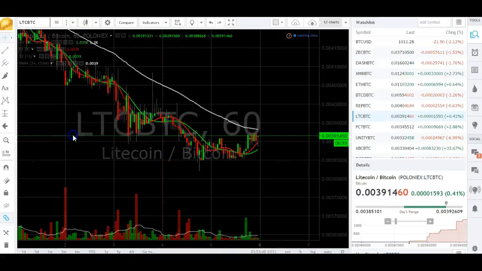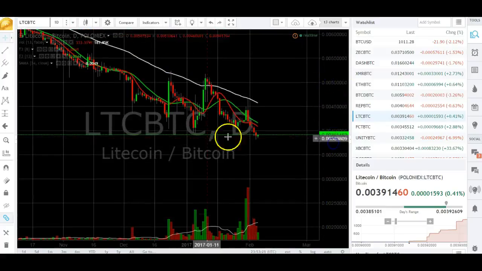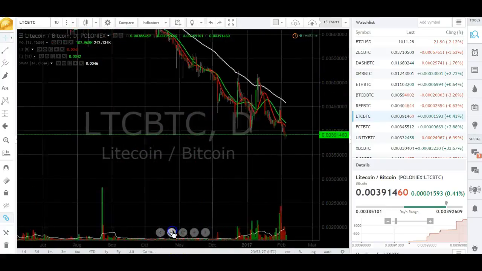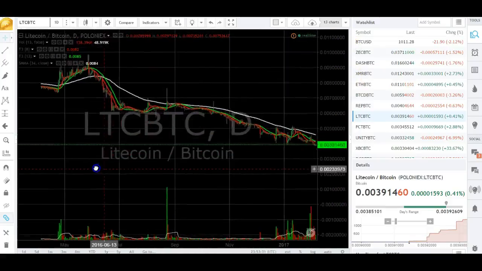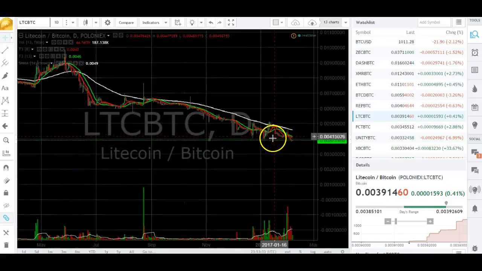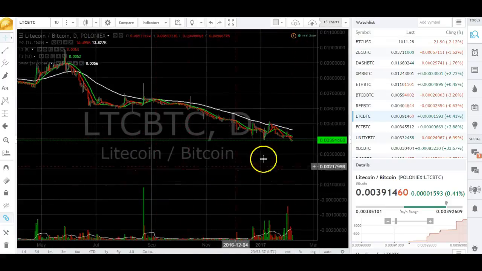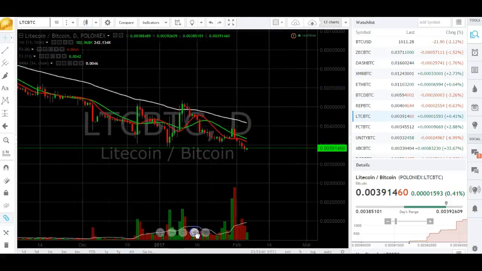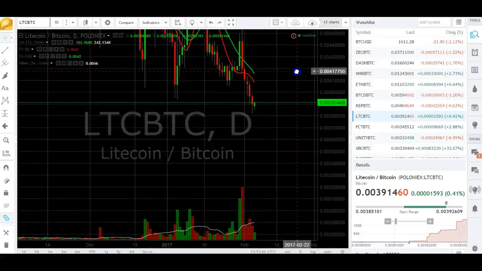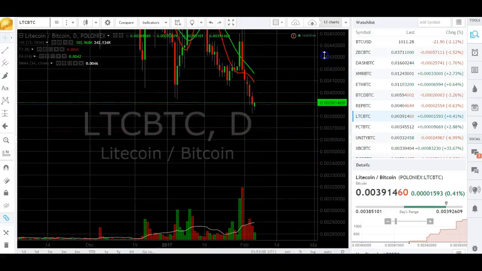Looking for a bottom. You can see it's been coming down for a while. So I'm looking for a bottom, looking for some kind of reversal. Buying into support. Sell into resistance. We'll see if this matches out. We'll keep a watch on it. I think it's a bottom